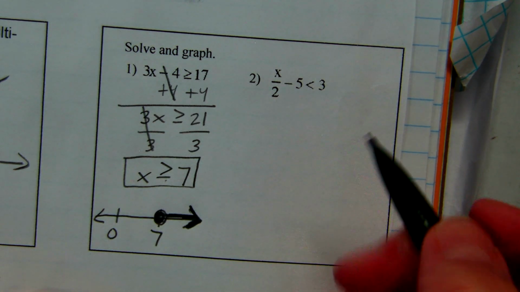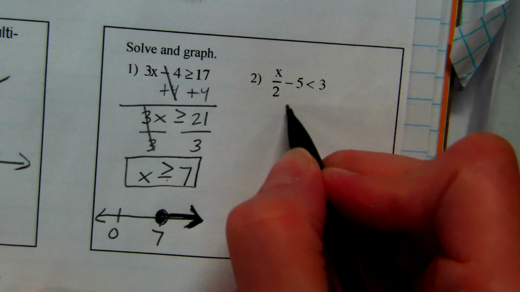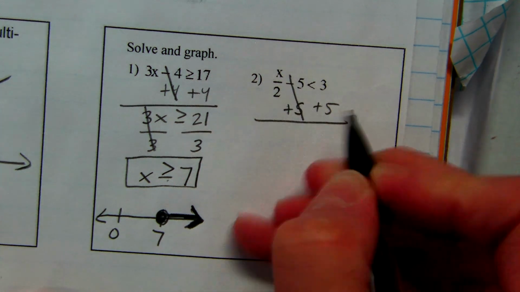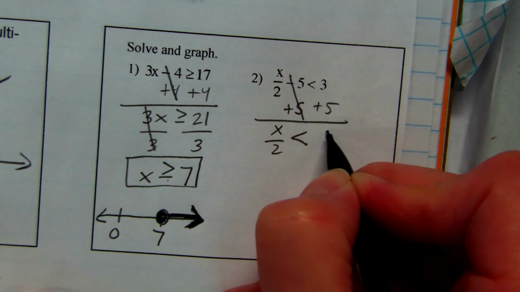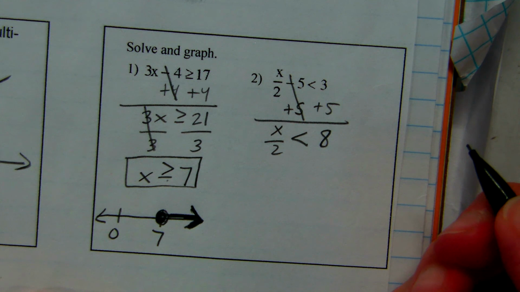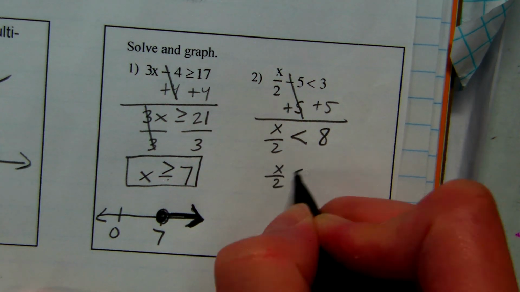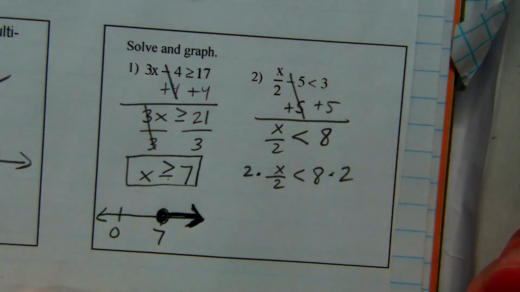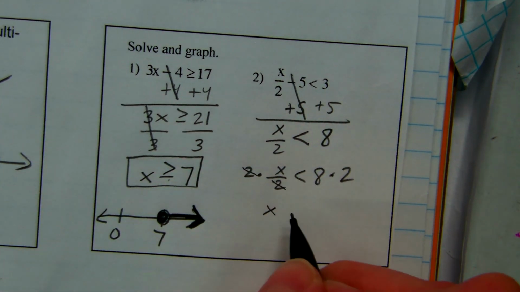Now on number 2, what would we do first? Add the 5. So I'm going to add 5 to both sides and get that fraction by itself. So I'm still going to have x over 2 less than 8. And then what do we do? Times. Good. So I'm going to write this again just because it makes it easier when somebody looks at my notes later. I'm going to multiply both sides by 2. That cancels this out and we get x